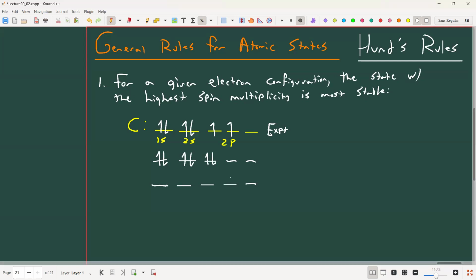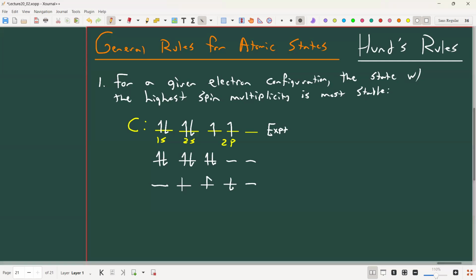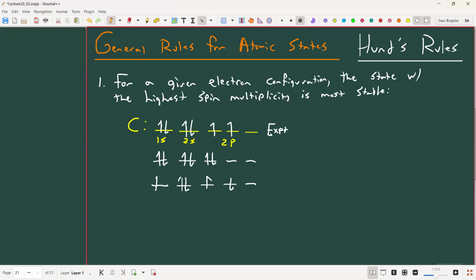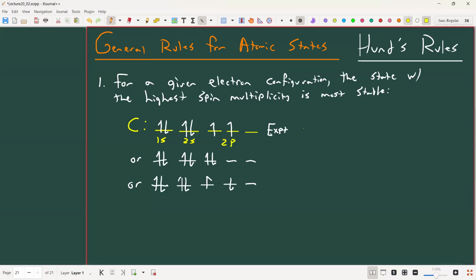Right? We can also pair the spins, but have them in separate orbitals, so they're half filled. Why is it that it's not these other two? Well, here,